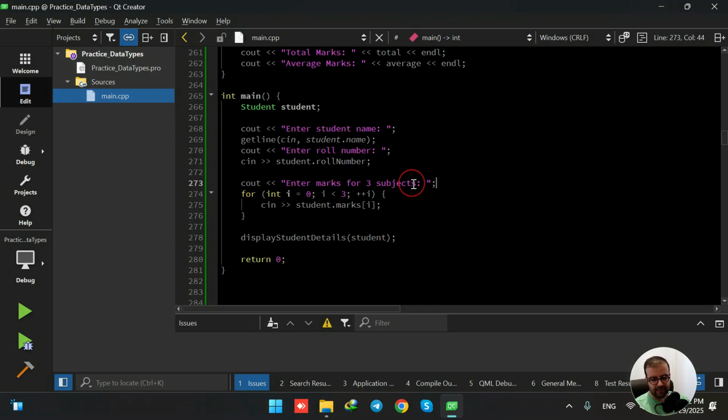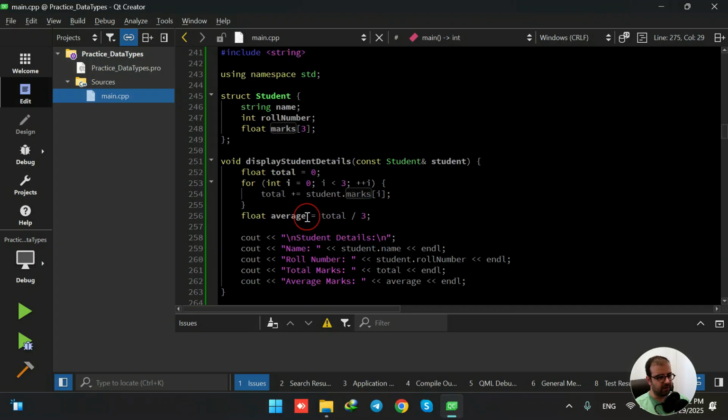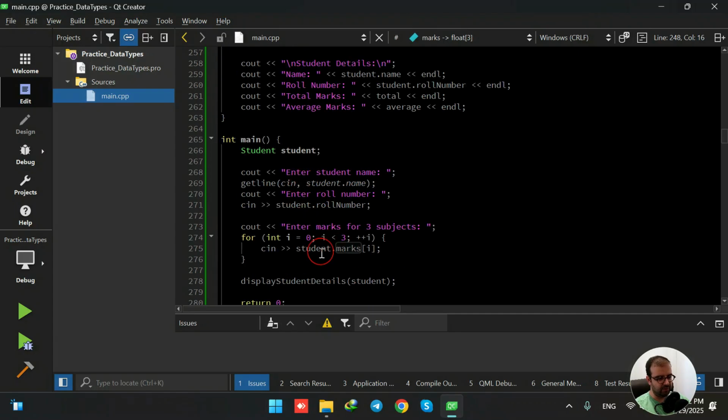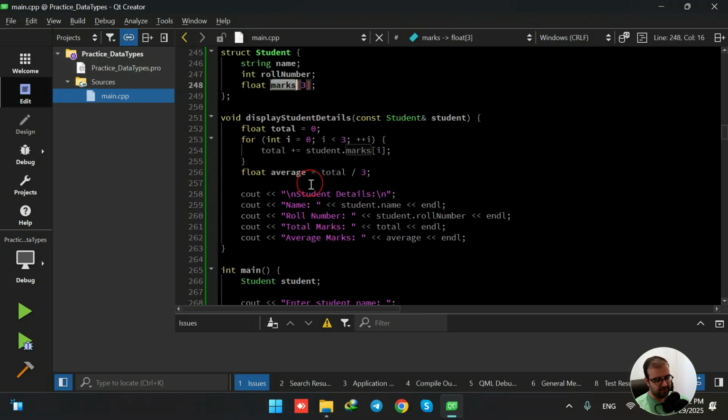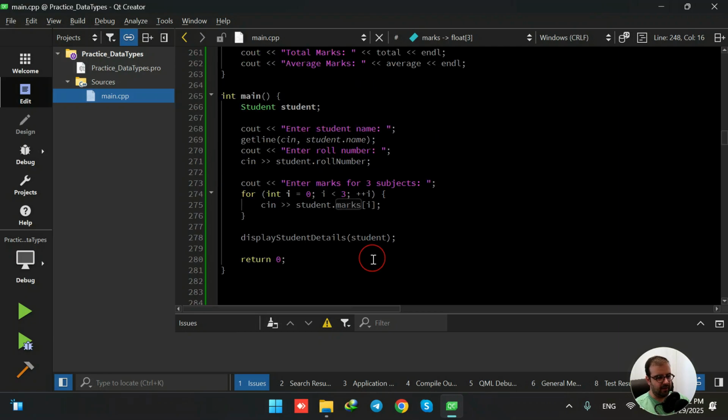Because we're going to ask the user to enter marks for 3 subjects, it's easier to use a for loop. We're going to have a for loop with an iterating variable i starting from 0 as long as i is lower than 3. Then whatever the user enters, we store in the marks variable, using student.marks to store these 3 subjects. Then after having all this information, I'm calling the display student details function, and I'm passing the student object,